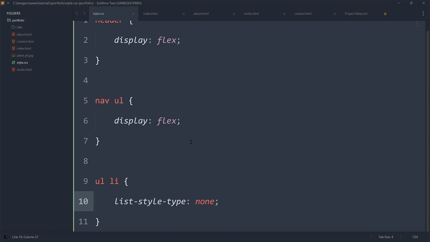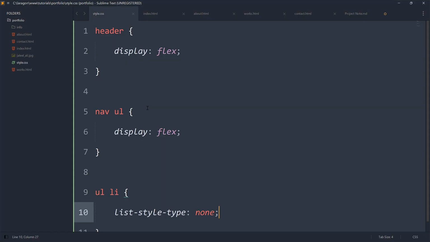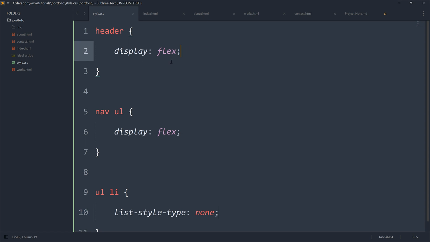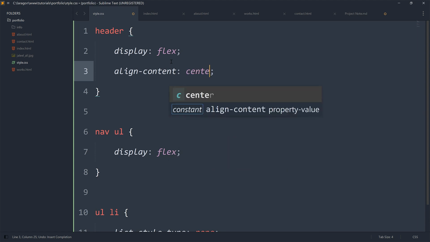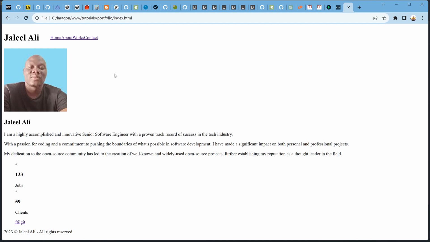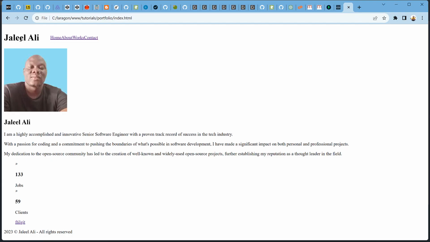Great. Now the next thing, we can see that the name and then the menu are not really vertically aligned, right? They are not vertically aligned, or yes, I think that's vertical or horizontally aligned at the middle. So what we can do is we have to go and see their parent element, and we say align content, and then we say center. No, I think it is align items. So you can see that you have to know all these elements, all these attributes, properties, and their various values. So we use align items, and then we align them at the center,